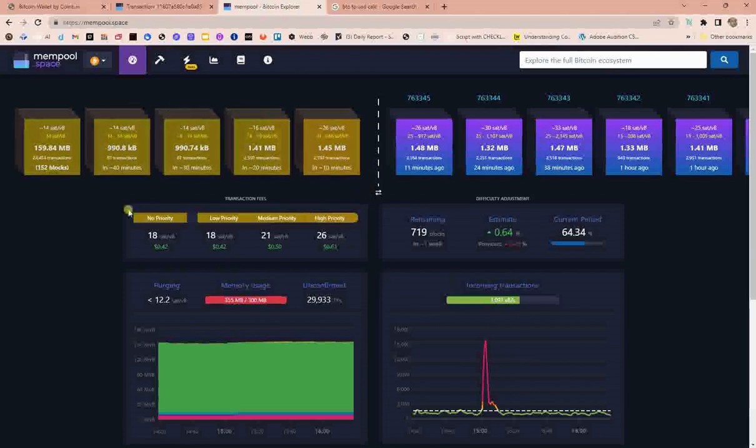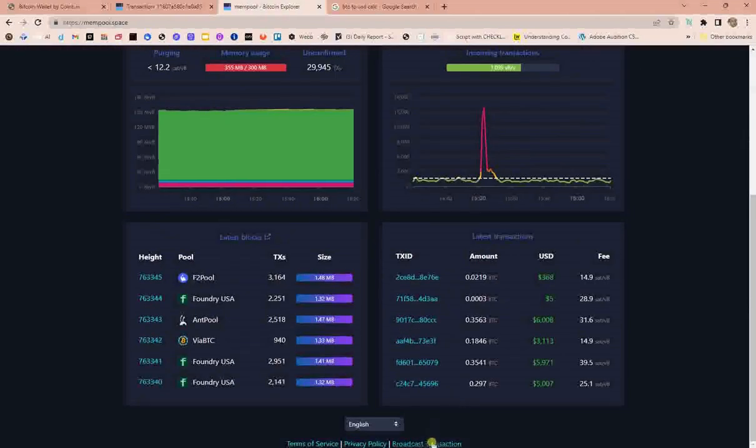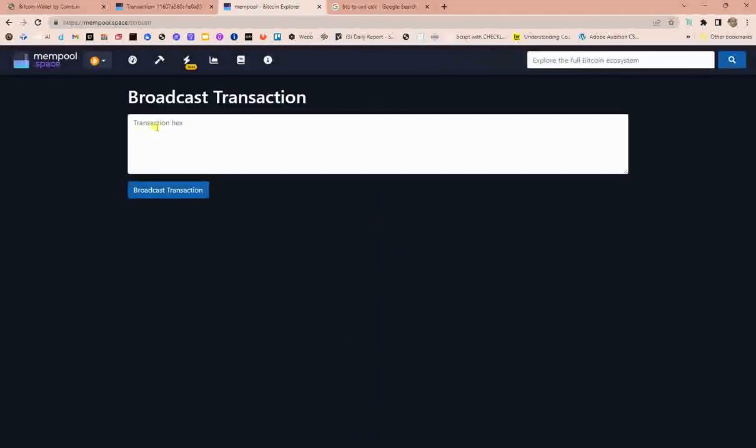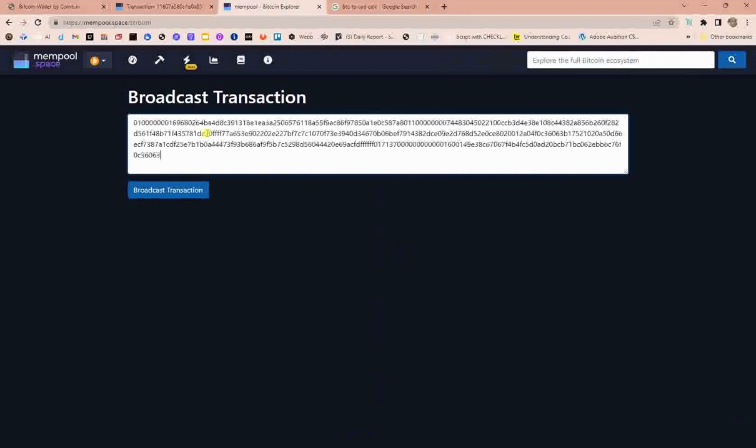Pretty much every mempool explorer, including mempool.space, if you go to the bottom, there's a thing called broadcast transaction. And all we need to do is paste that and hit broadcast transaction. If it is the case that it's in a date in the future, it will never work. It won't spend. Obviously, we know this should work because it's from a date in the past,